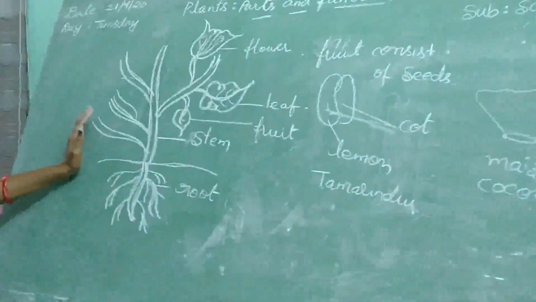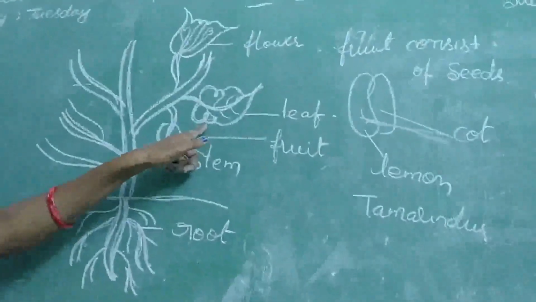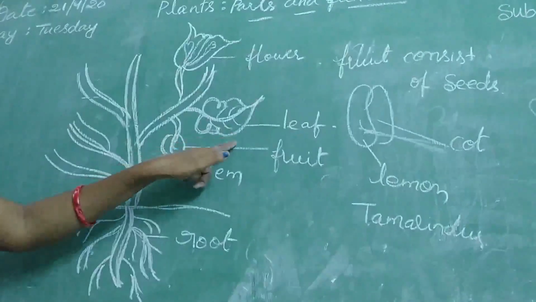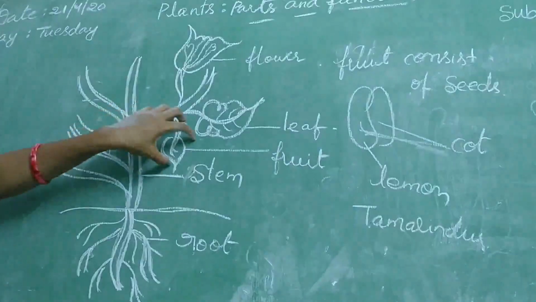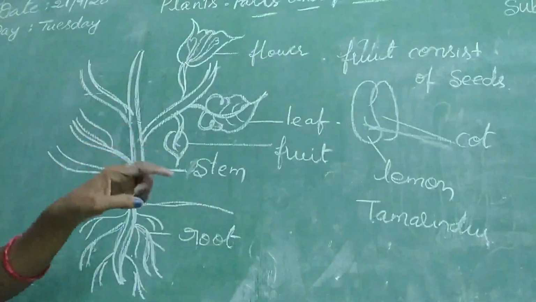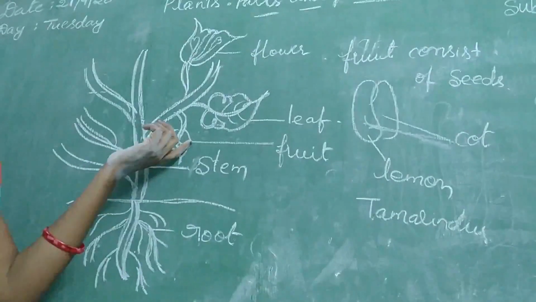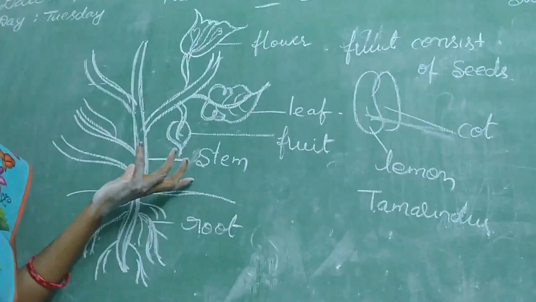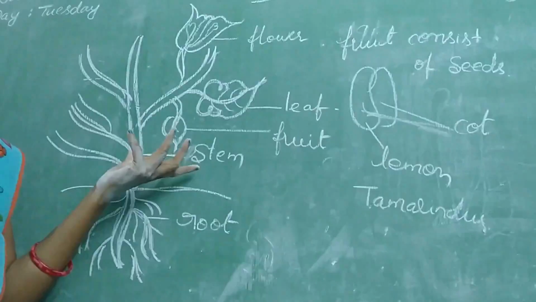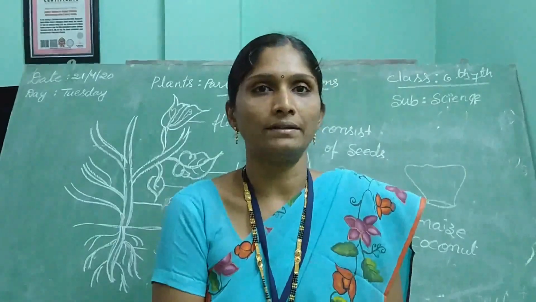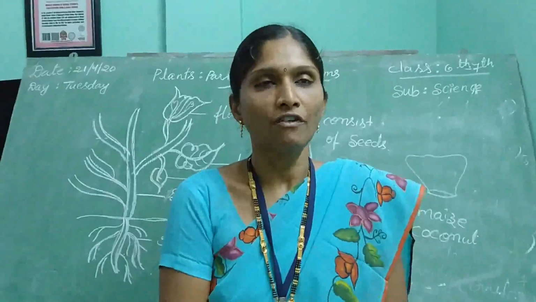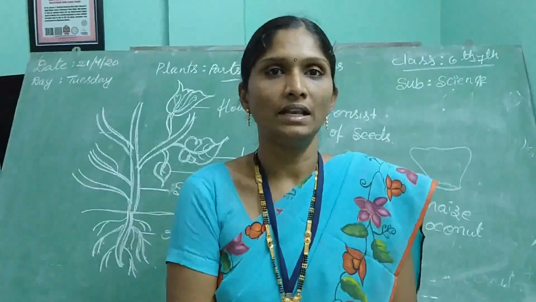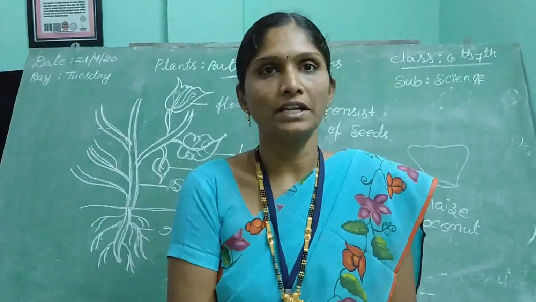A plant's leaf has a green pigment. In the process of photosynthesis, the leaf makes the food material and it can be stored in the fruit for the further use of the plant. A plant also bears fruit, with seeds, a pulpy structure and juice. This is the total structure of a plant. A total plant structure consists of five important parts. The first part is root, second part stem, third part leaf, fourth part flower, fifth part fruit.